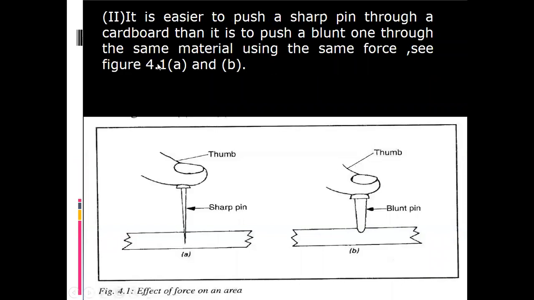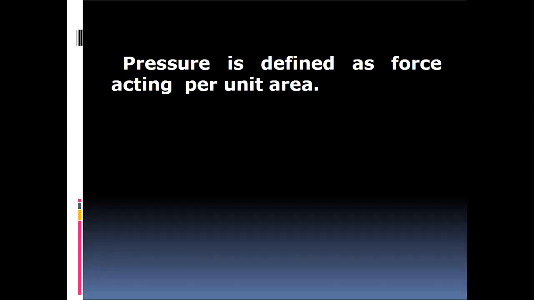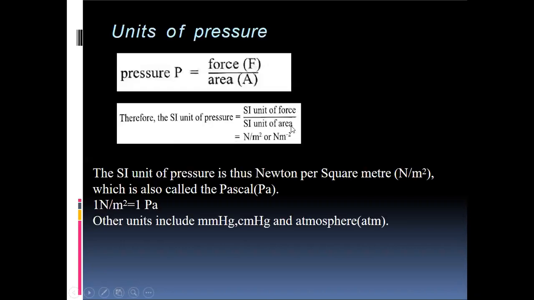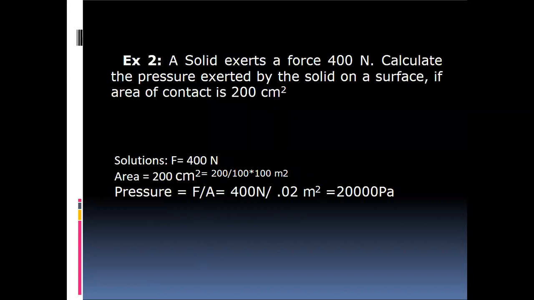Also, it is easier to push a sharp pin through a cardboard than it is to push a blunt one through the same material using the same force. Pressure is defined as force acting per unit area. The unit of pressure is pascals. So 1 newton per meter squared is equal to 1 pascal. Let us see a numerical